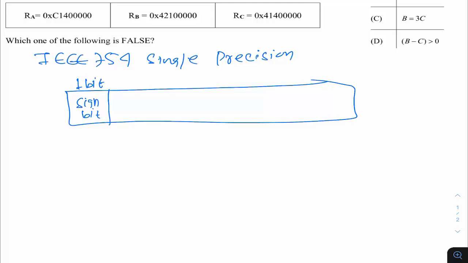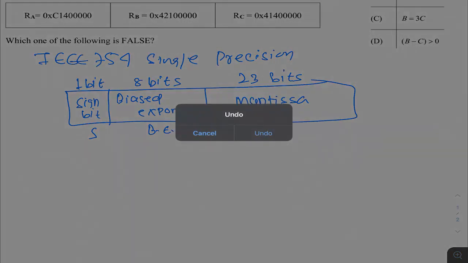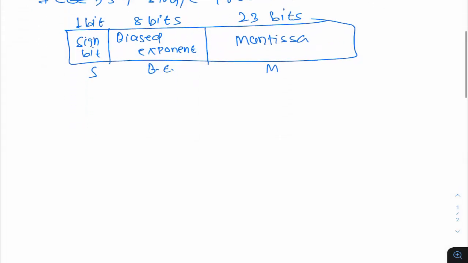Then we have 8 bits, and these 8 bits are called the biased exponent. The remaining 23 bits are called the mantissa. For the symbolic notation, I'm using S for the sign bit, B for the biased exponent, and M for the mantissa. If you have a number like this in binary format, 32 bits, and you want to find its decimal value,